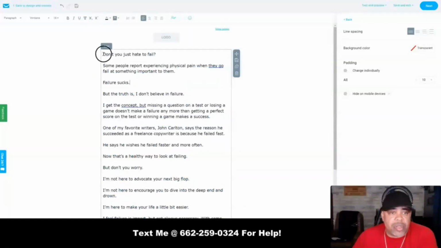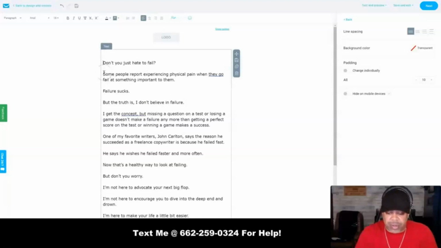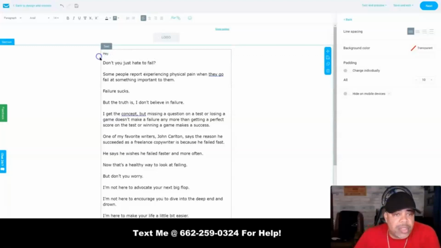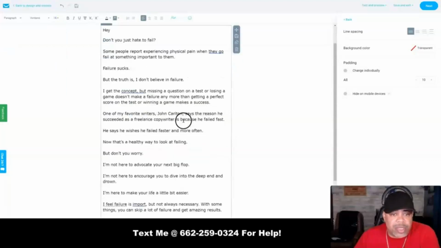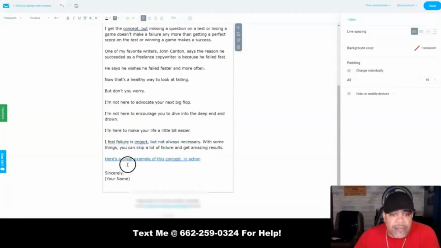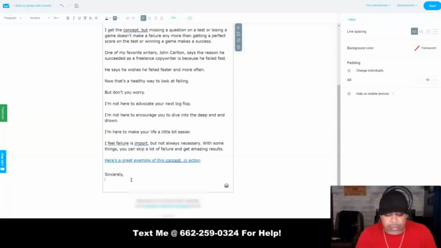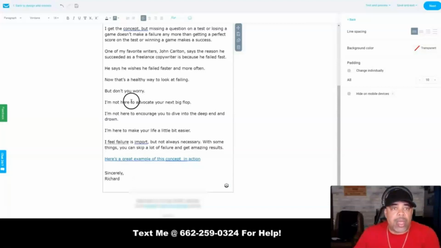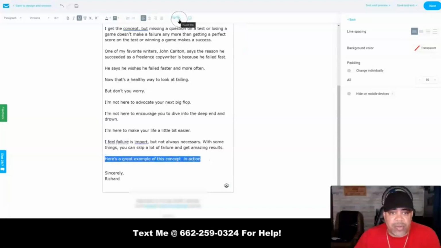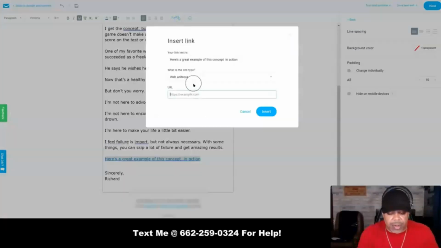And you can salute them in here if you want to. Something like that. Hey, make sure you up that to the same size you had the rest of your text. Come down here, change out to your name. And remember that link that we created? Okay, so we're going to come up here. I'm going to click on the little link here, and I'm going to name it